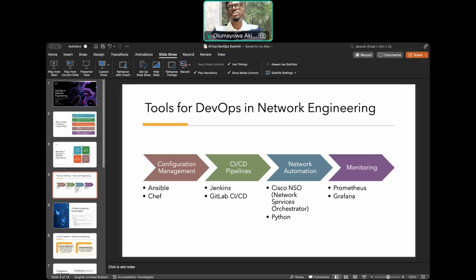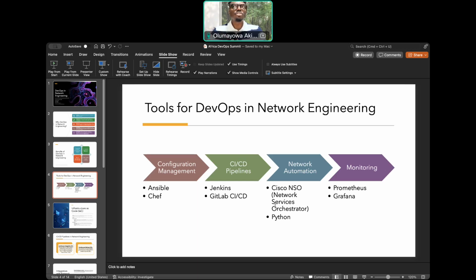Ansible is one tool that almost everybody within the DevOps space uses for configuration management. We use Ansible in DevOps for network engineering because it's a simple and agentless automation tool. It uses YAML for configuration, and is actually ideal for network.